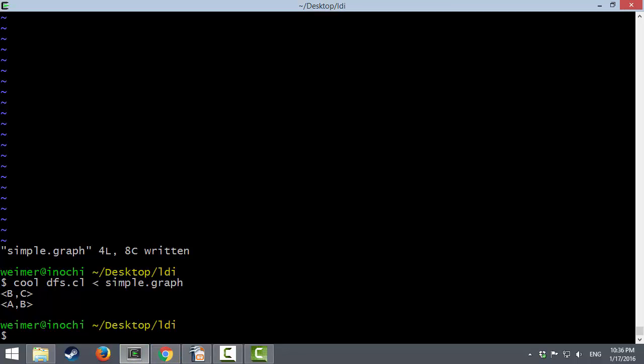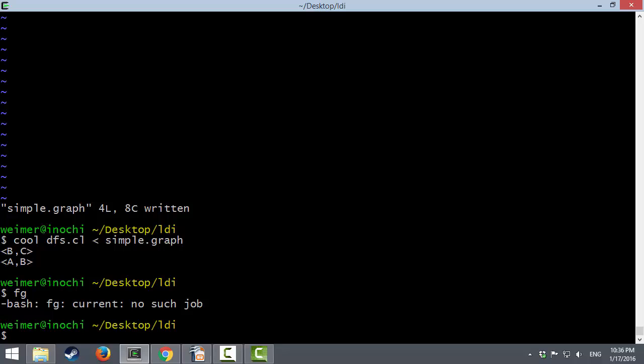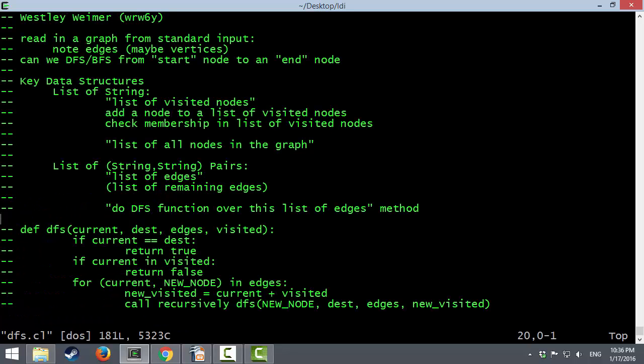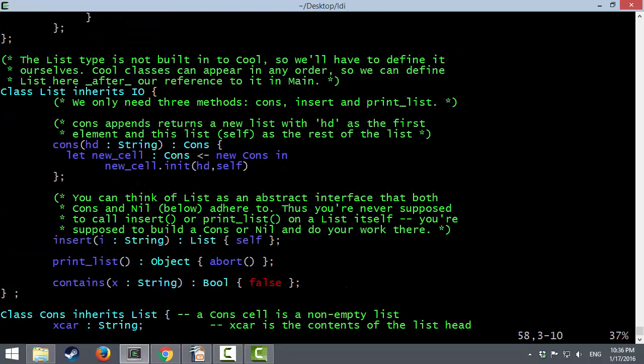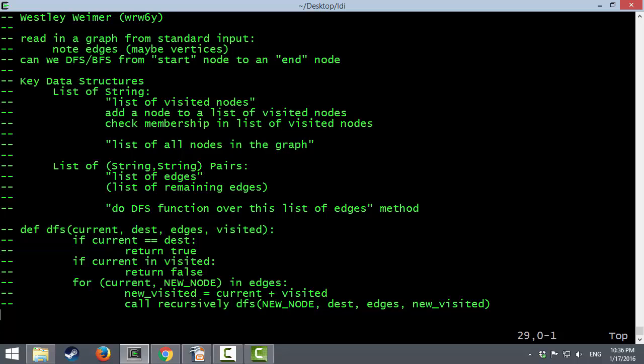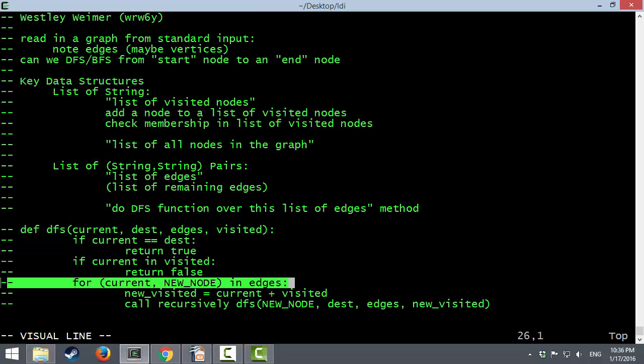All right, so we read in our list of edges. This is our implicit graph representation. And now what we want to do is search through and see if it is possible to reach one node from another, and if so, return the path that we took to get there. All right, so this is our DFS maneuver. All right. And again, this for loop,